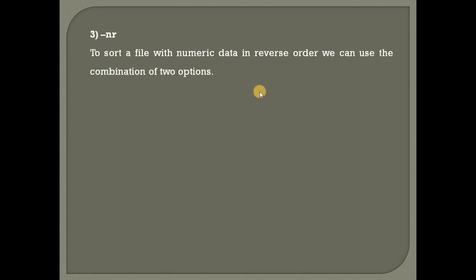Next option is -n and r, to sort a file with numeric data in reverse order. So n stands for numeric and r stands for reverse. To sort a file with numeric data in reverse order, we can use the combination of two options.